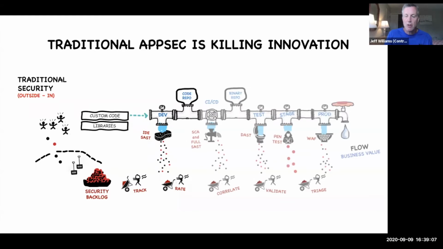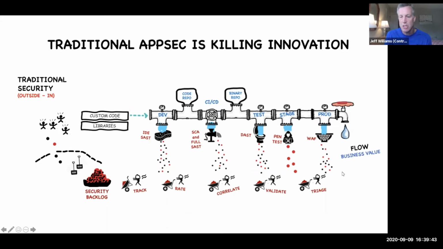When you continue that out across the life cycle, you can see it continues at every stage. If you're doing full software composition analysis scans on your libraries or full SAST on your applications, you'll generate more findings, which need experts to correlate them and deduplicate them and track them and risk rate them and so on. And so every time you do one of these steps, you're adding a bunch of expert work, which slows down the process. And ultimately, even your WAF, your web application firewall, generates a lot of false positives and more work for your operations team.